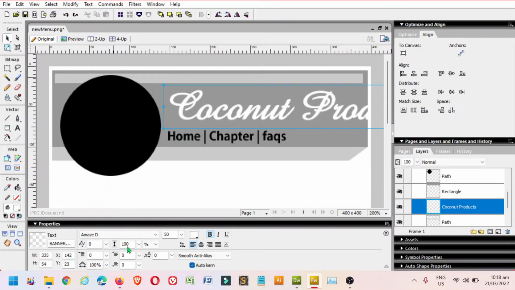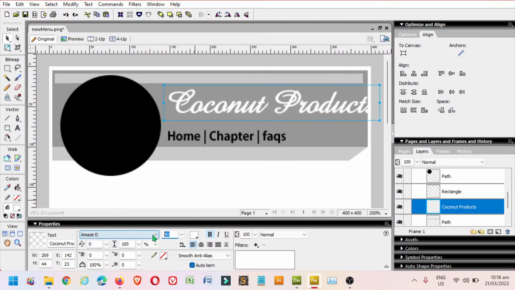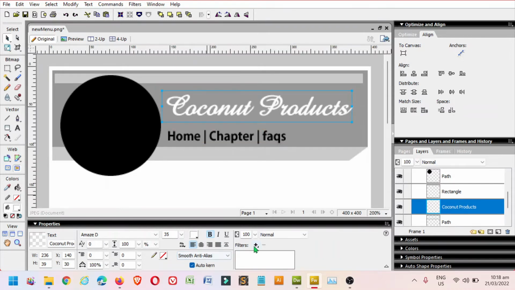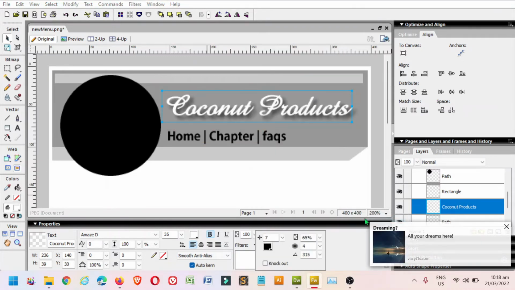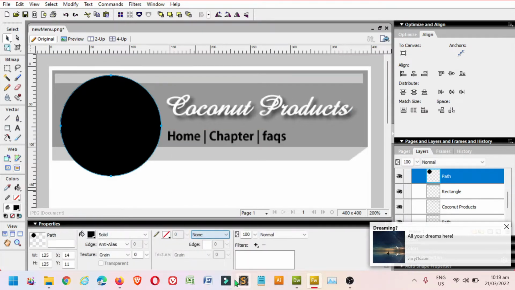Let's change the size from 50, 30, 40, 35. Okay, and next add some enhancement from the text, drop shadow. That will do. I think that's okay. Press enter, and next for this one we add something, additional enhancement,